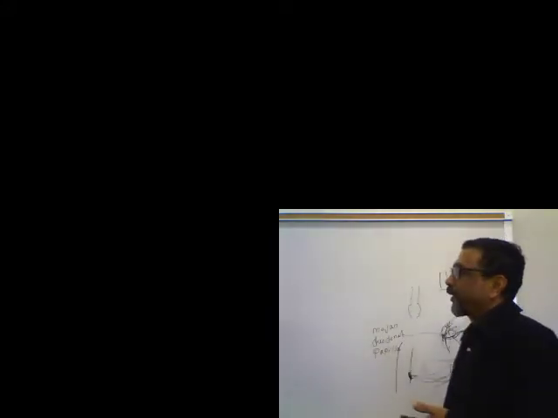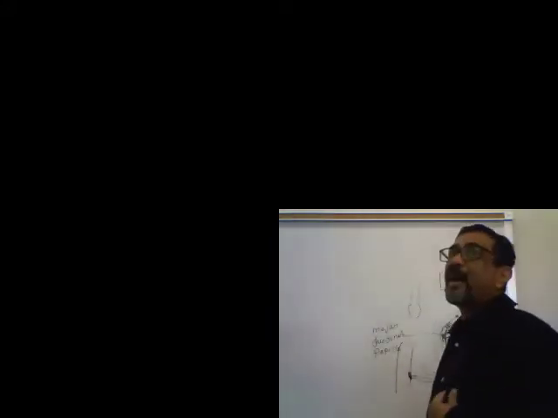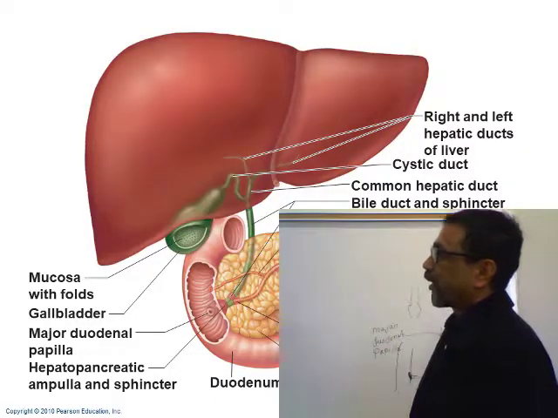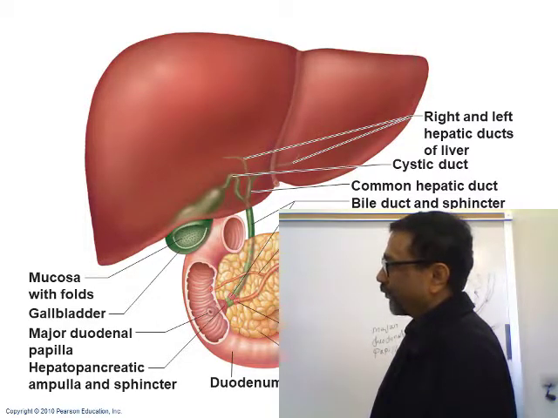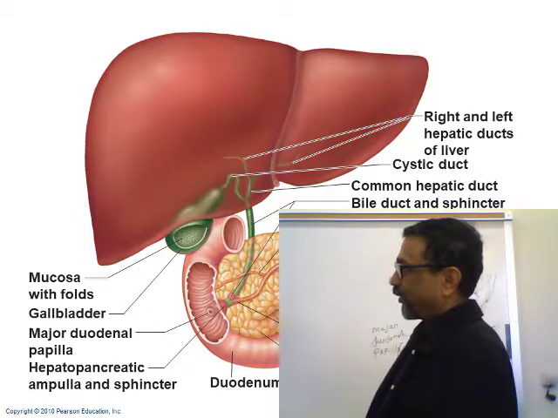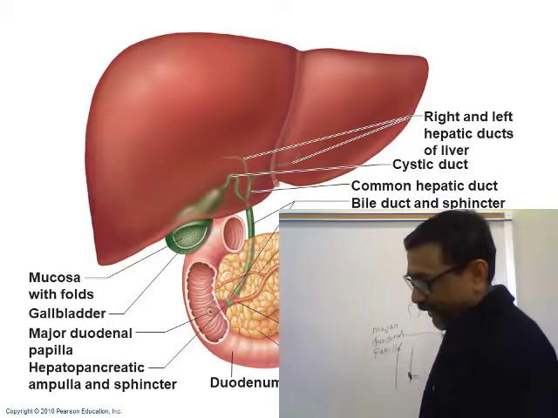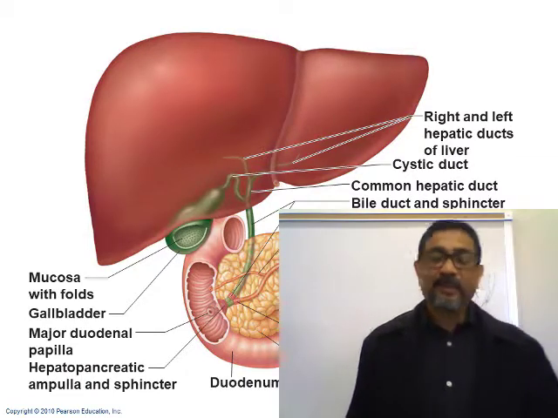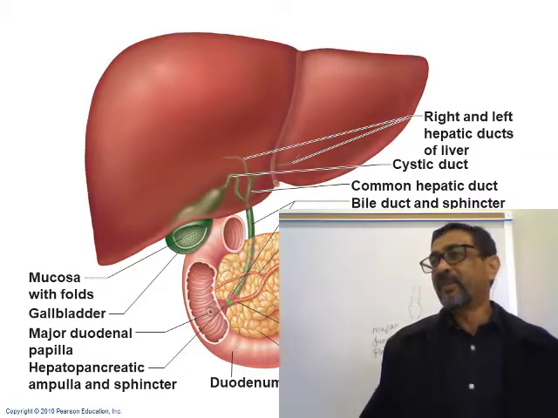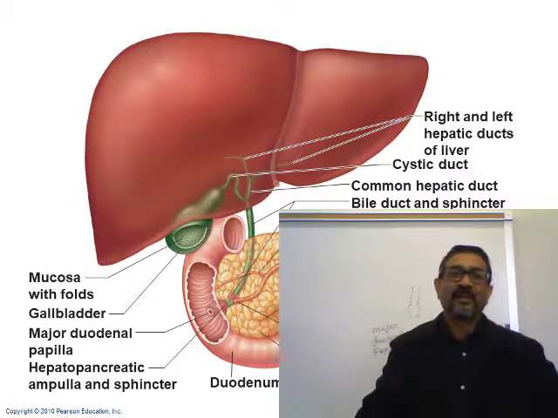Now, another thing you need to know is the passage of bile, how the bile comes from the liver and then goes to the duodenum, the pathway of bile. First thing you need to know is that bile is secreted by the liver cells. So the liver secretes bile,